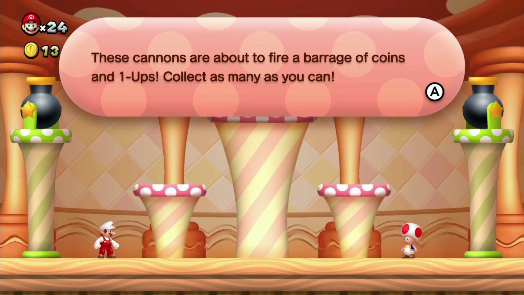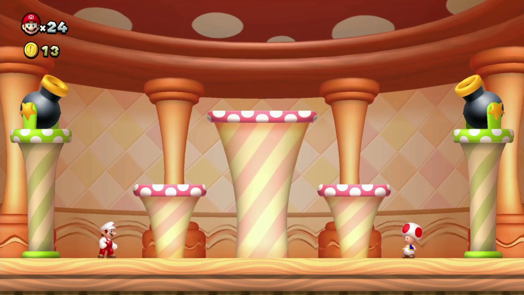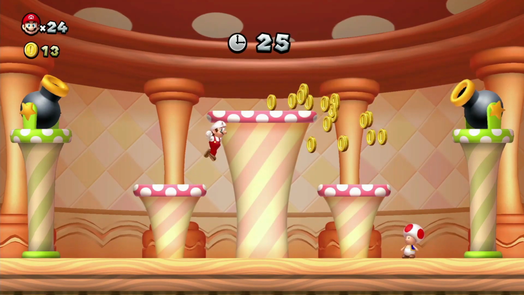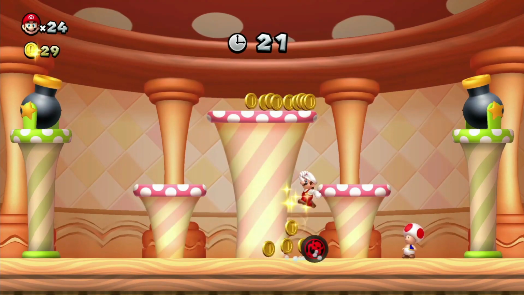These kids are about to fire a barrage of coins and 1-ups. Collect as many as you can. Get more 1-ups than Bowsers to earn 1-ups. So we have to collect coins and we have to avoid the Bowser stuff. You could walk out of here without any lives just because of the hindrance that this...